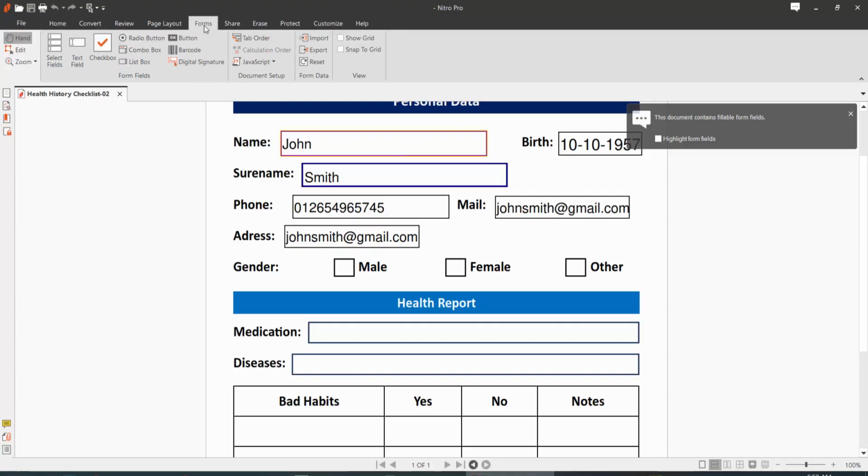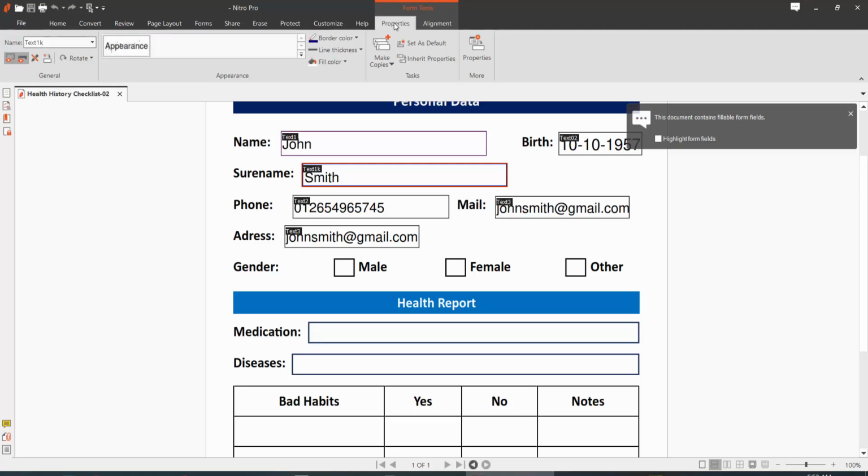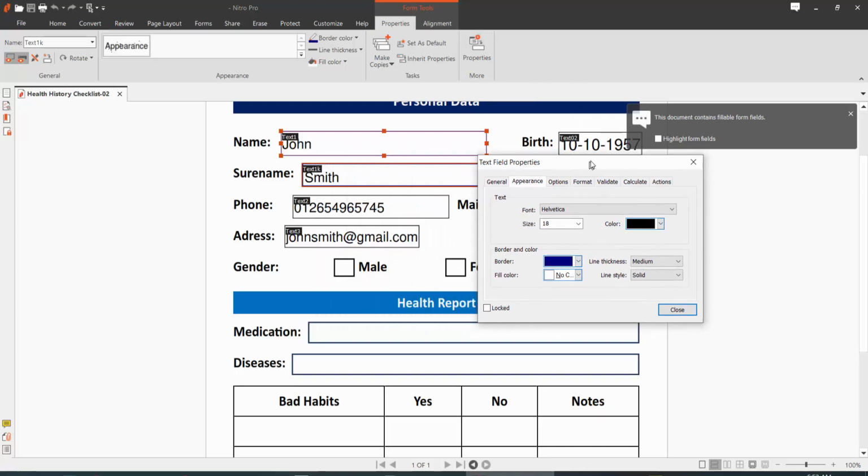Now click on this form option. Here you will find this select field option. Now click on this text box and select, and this properties option, select, and the properties dialog box opens. Click on this properties option. This properties dialog box opens,